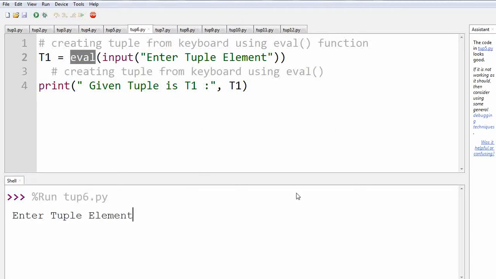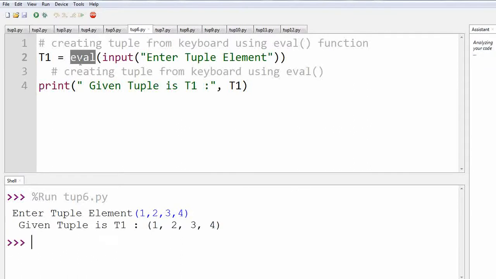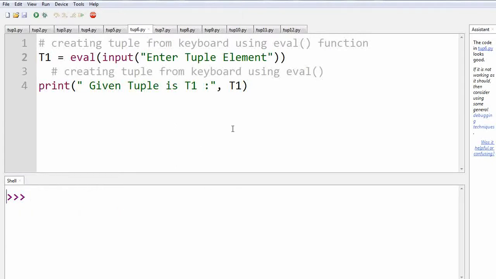As we know, we are going to input a tuple, so we will put the values within parentheses, and then we will type the entire tuple in this way. So you have to remember that whenever we are using the eval function, we will put parentheses while inputting the value for the tuple.